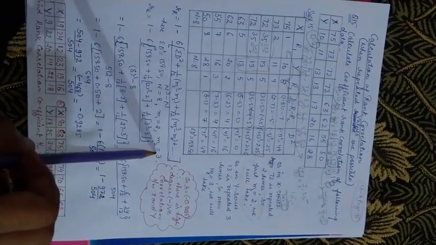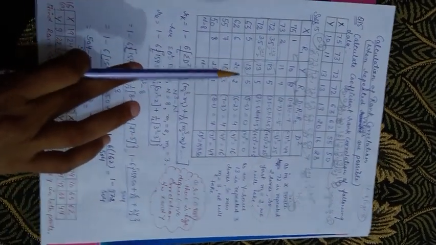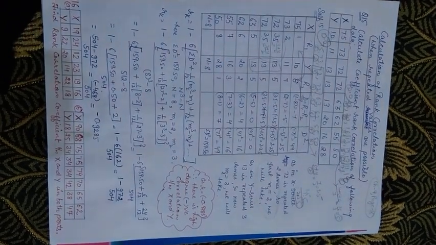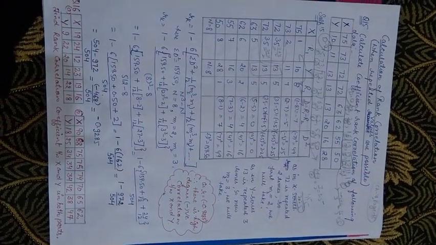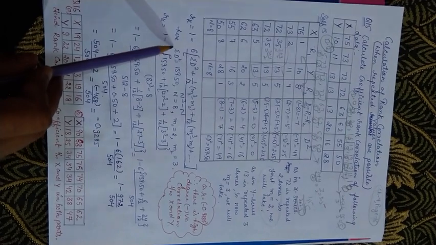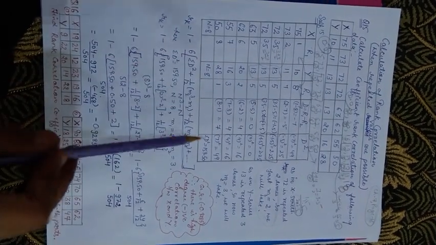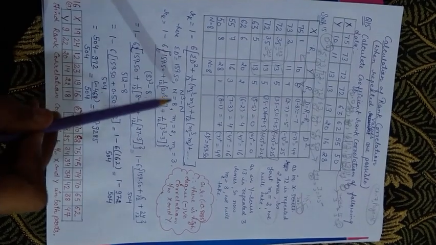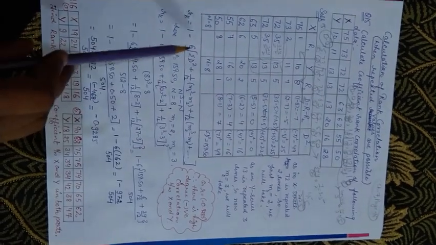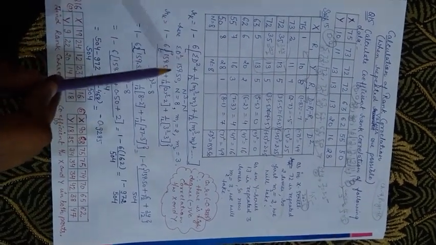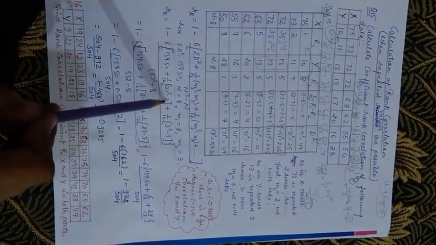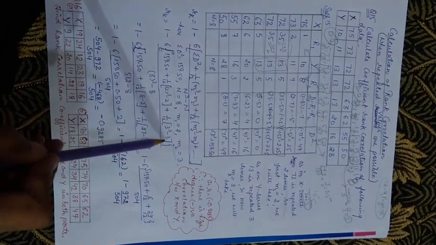So this is the new formula which you have to remember for your coefficient of rank correlation when you have repeated values in the question. Make sure when you have repeated values in the question, you have to use this formula. This is the formula you have to learn. And this is your sigma D value, this is your N, M1, M2. Let's put the values. 6 is outside the complete bracket. Sigma D value is 159.50. Plus 1 by 12 into bracket 2 cube minus 2, plus 1 by 12 bracket 3 cube minus 3.